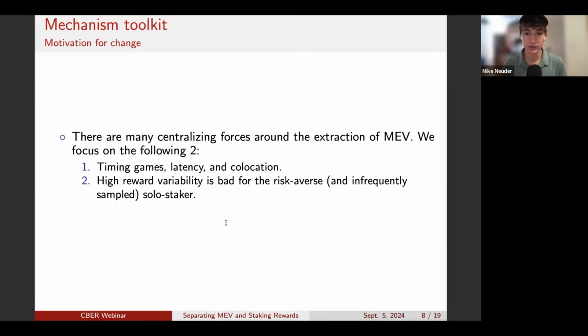And this is bad for the risk averse and infrequently sampled solo staker. So, even though the average of my solo staking rewards should be the same as what a pool averages, the issue is that I, as a solo staker, might be risk averse and might prefer to join a staking pool that has smoothed out a bunch of these rewards, instead of taking the chance and rolling the dice on a very high value but low probability outcome and a low value but high probability outcome. So, as a solo staker, I produce a block about once every 4 months, and